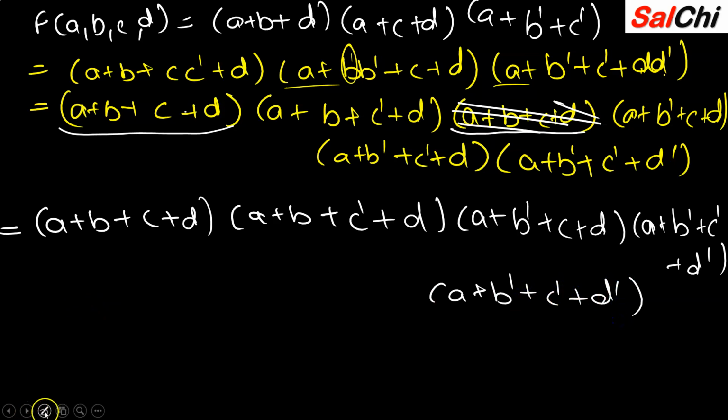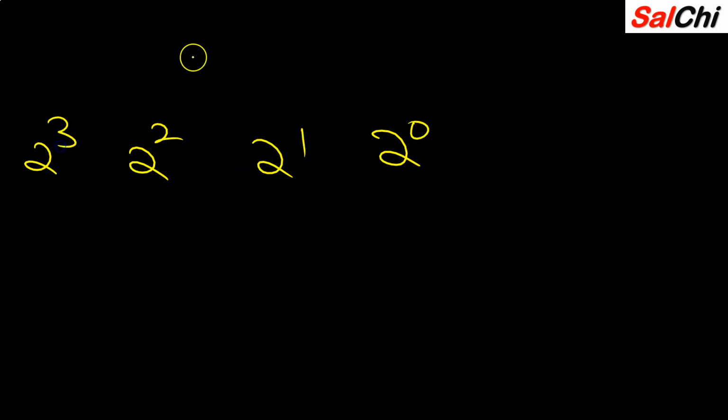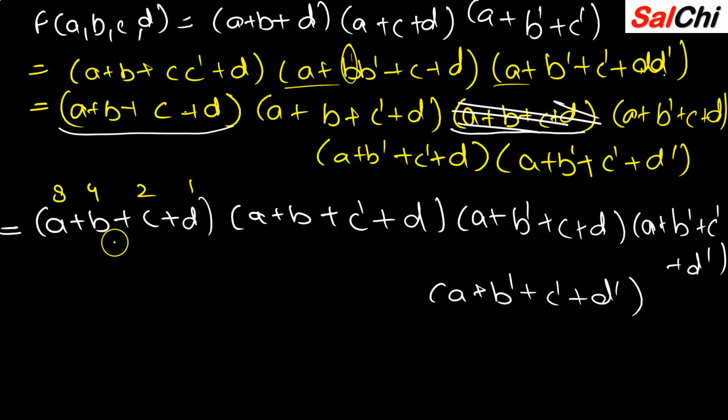Okay, just now apply the trick that I have told you. Give the numbers first. So the numbers go like 1, 2, 4 and then 8. Just tell me if you don't know how to get these numbers. I'm telling you, it is 2 raised to the power 0, 2 raised to the power 1, 2 raised to the power 2, 2 raised to the power 3. In this way you have to put the numbers. So 2 raised to the power 0 gives me 1, 2 raised to the power 1 gives me 2, 2 raised to the power 2 gives me 4, and then 2 raised to the power 3 gives me 8. If we had more, then it would be 2 raised to the power 4. So that's how we get the numbers.